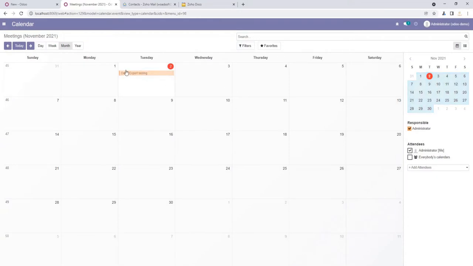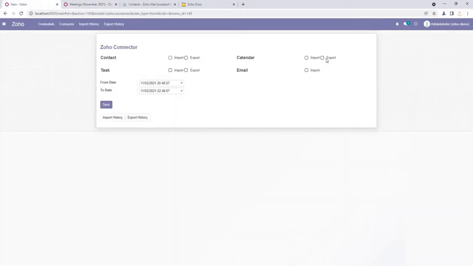The event is added successfully in Odoo. Now we are going to export that calendar event to Zoho.